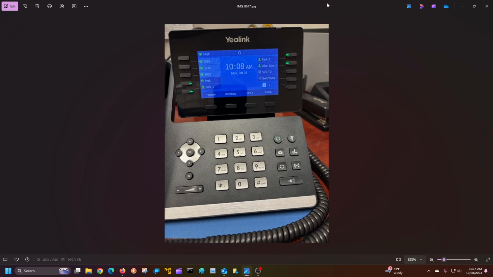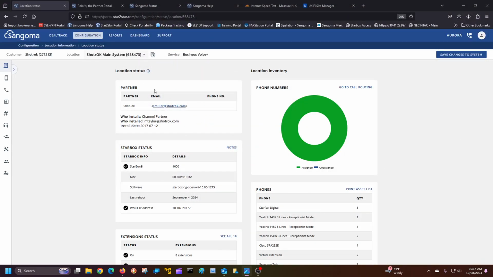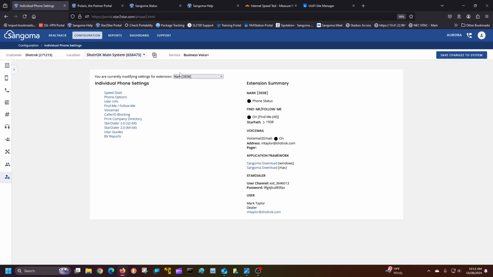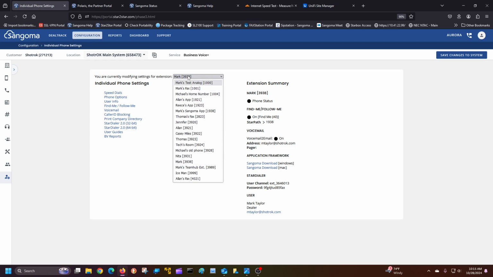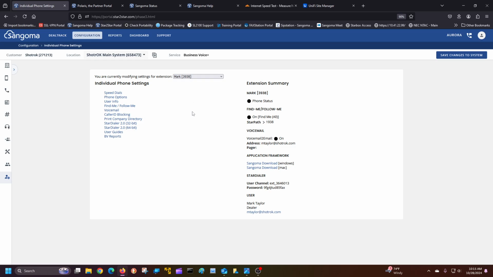So how do we do that? Let me just show you real quick. You're going to log into your main portal here. You can go down to individual phone settings at the bottom left. You're going to find the person's extension number that you want to program and set up. You can go to phone options,